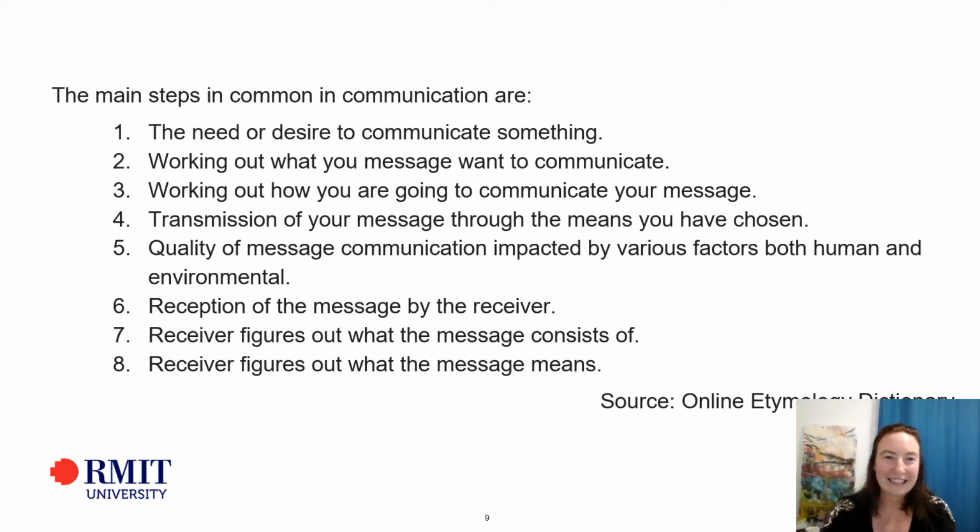And finally, I think this is the last slide in this section, the main steps in communication. Now, we all communicate every day. We're all adults. It might seem a bit redundant to actually go through and number the steps in communication because we all do that naturally, right? However, I think this list is really, really interesting because when breakdowns in communication happen, when misunderstandings happen, when a person gets really upset or really angry, and the person who they've been communicating with can't seem to understand why,